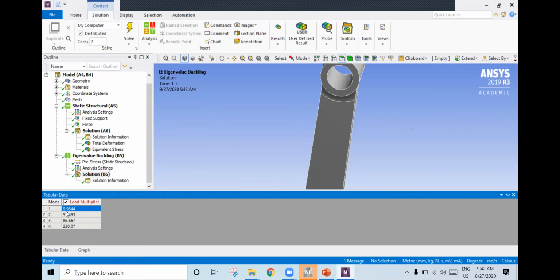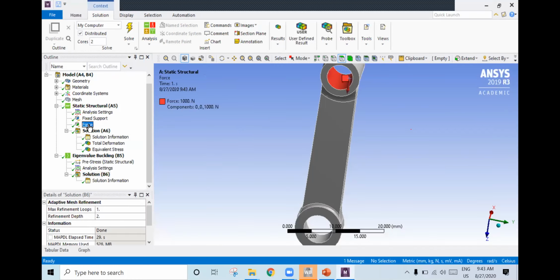All of you are there or not? Yes, sir. So 9000 Newton is the buckling load. It can withstand whatever load we have applied. If the applied load is 1000 Newton and you are getting a 0.5 load multiplier, multiplying with the applied load gives around 500 Newton. That means it will not withstand the applied load at any point. Okay, all of you got it now? Any doubts? No, sir.